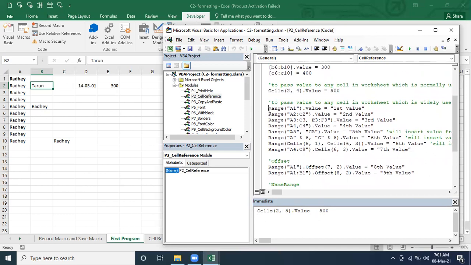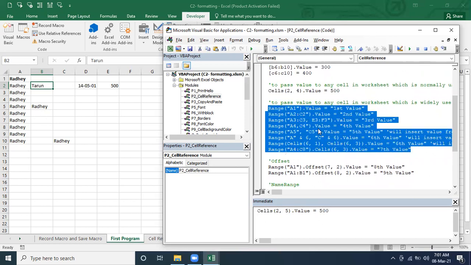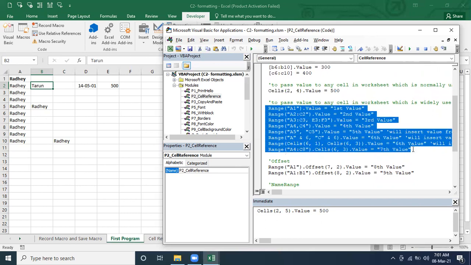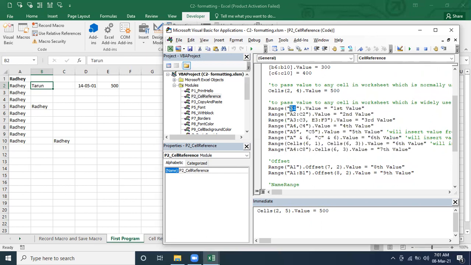The second one is Range, which is widely used. So we should have an excellent understanding about this, correct or not? We already discussed it practically and theoretically also. Here it is going to pass the value individually to cell A1, the first value here, A2 to C2, correct? A2 to C2 only, but B2 also will be included in this. Just see, A2 to C2 is passed or not? Including B2 also is there.